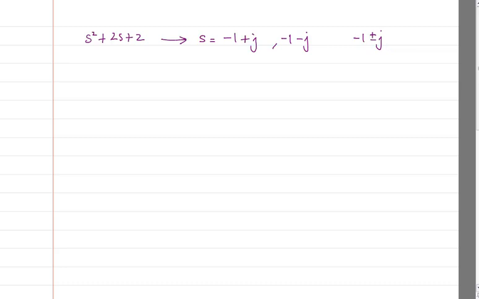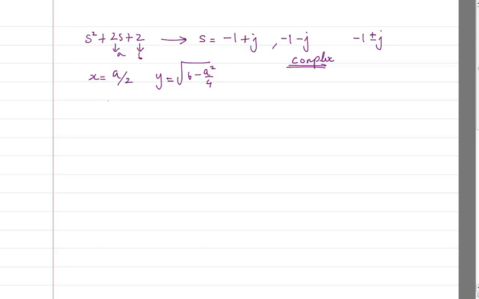So this means this is the complex form. If this is the complex form, then we know what is the equation we have to use. x is equal to a by 2 and y is equal to under root of b minus a square by 4. So now this is your a and this is your b, correct?